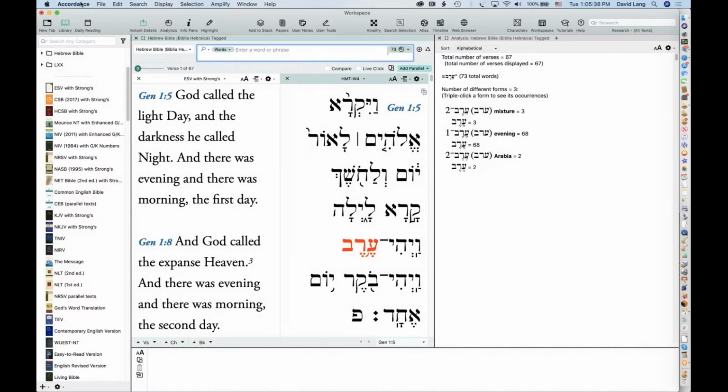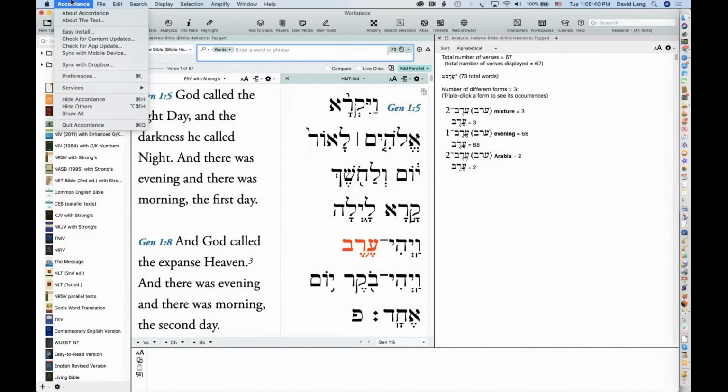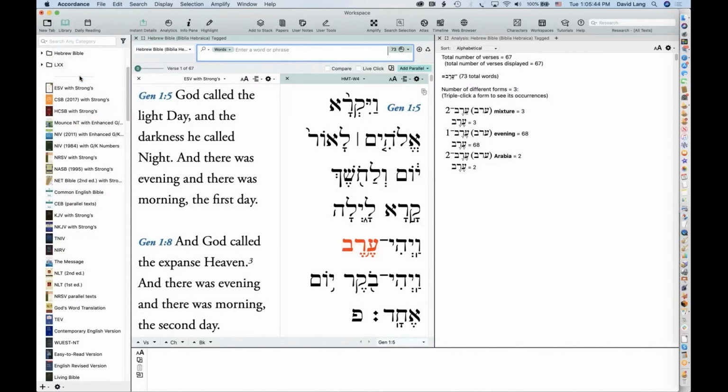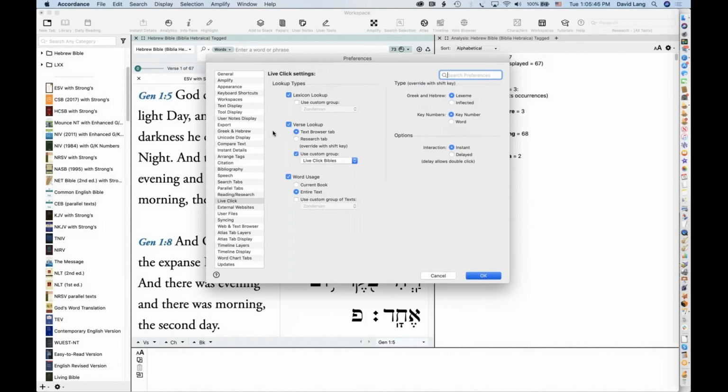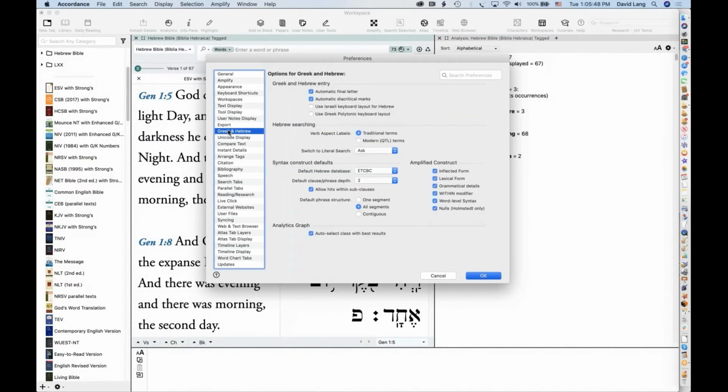Yes, in fact, I meant to go there and then forgot about it. So if you go into the preferences and go into Greek and Hebrew, you have some options. You can use the Israeli keyboard layout for Hebrew or use the Greek polytonic keyboard layout.